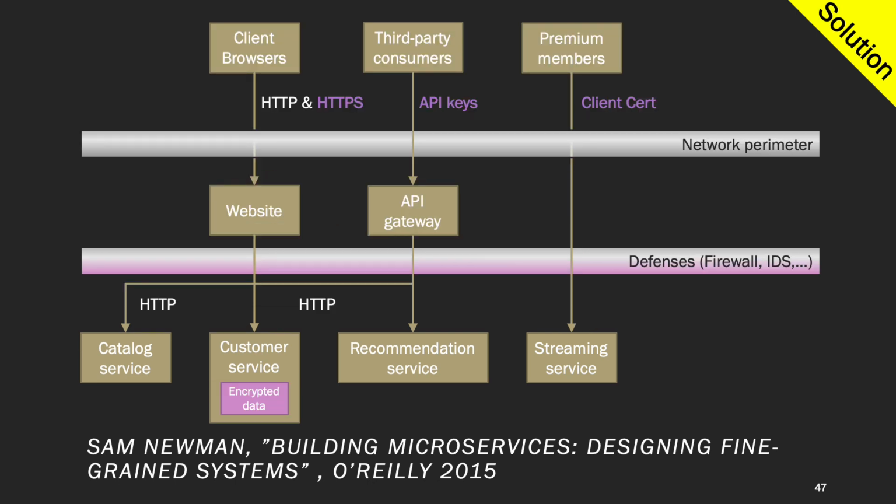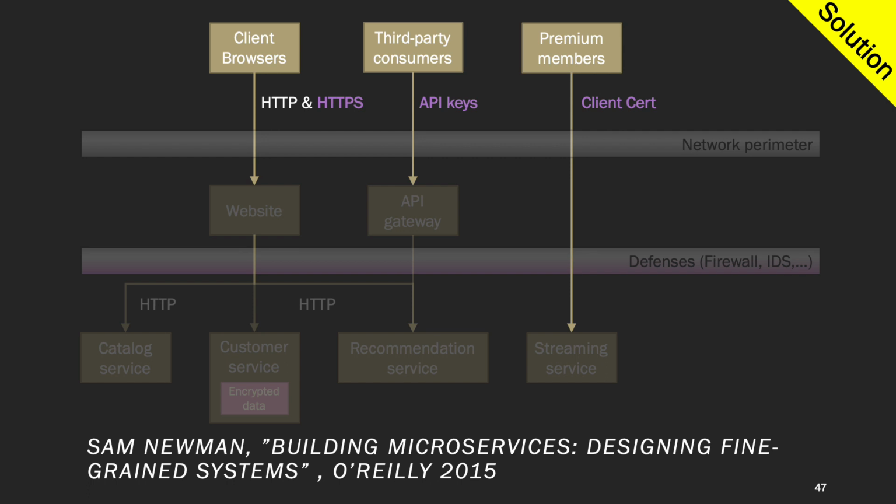So here we have an example of how to improve some security aspects in this design. First, for the browser, we decide to use a mix of standard HTTP traffic for some non-secure content and HTTPS for secured logged in pages. This will basically give an extra protection layer to our customers if they are, for example, on public Wi-Fi.